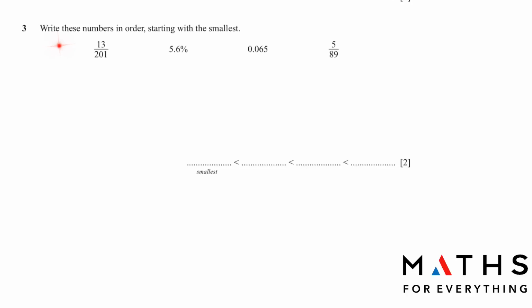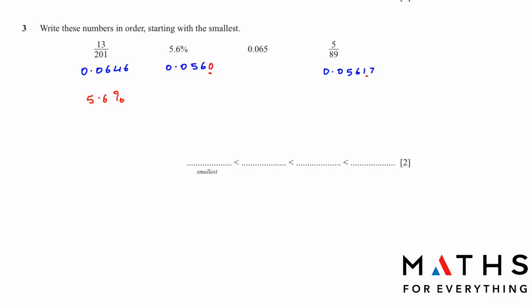Question number 3. Write these numbers in order starting with the smallest. Change all to decimals. So 13 divided by 201 will give us this. 5.6% means 5.6 divided by 100. This is already in decimals, so we leave it this way. And 5/89 will give us this. Now we need to know which is the smallest. If there is no number here, it means there is a 0. And 0 is smaller than 1. So first number is